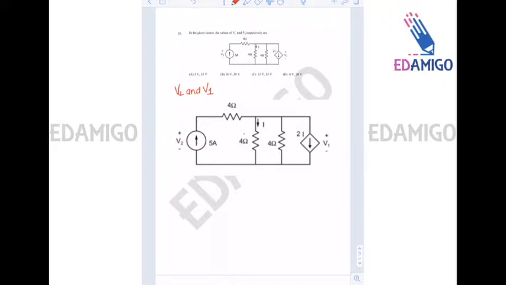Now, since this 4 ohms and 4 ohms are parallel to each other, the voltage drop across these two will be similar. And since the current in this 4 ohm is I amperes, the current in this will also be I because they are parallel to each other and the voltage drop has to be the same. Okay. Now, at node A,